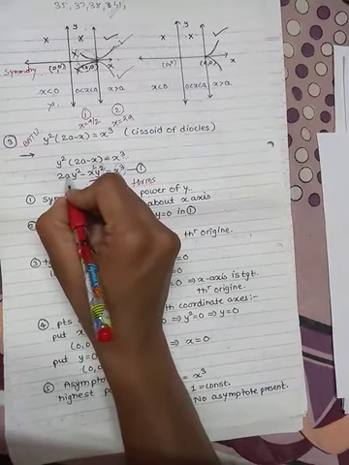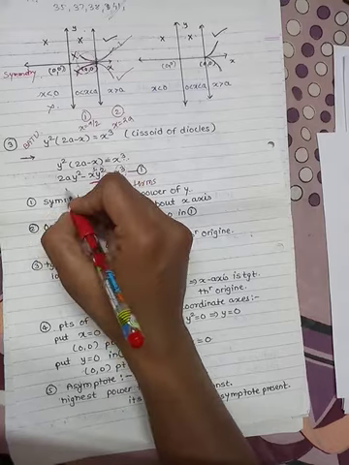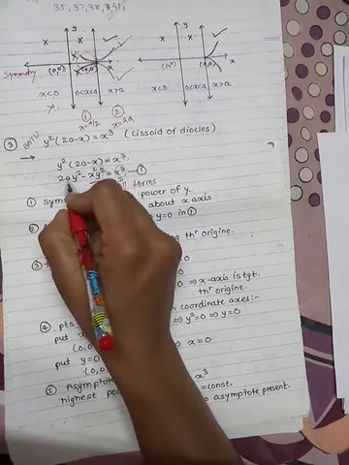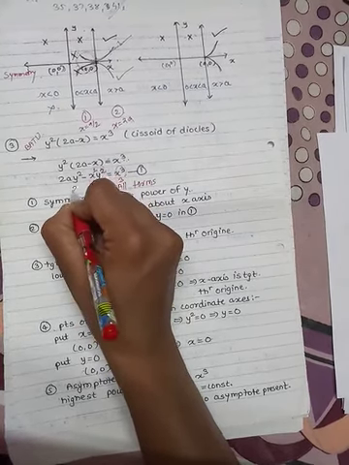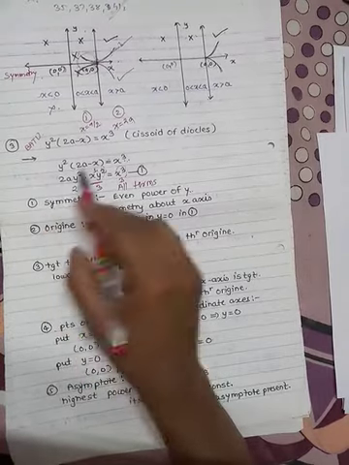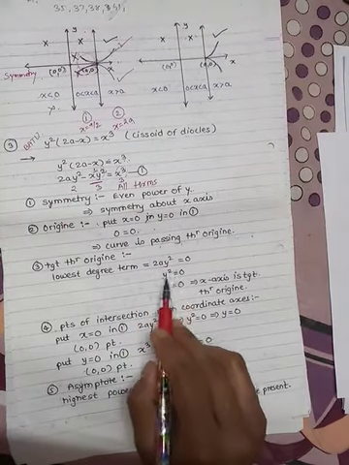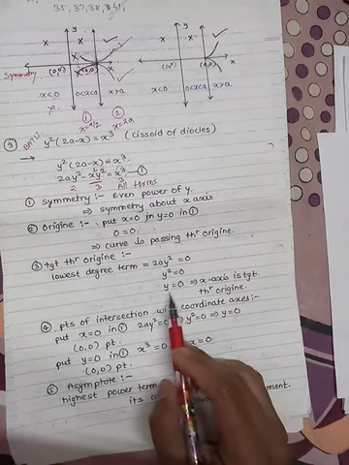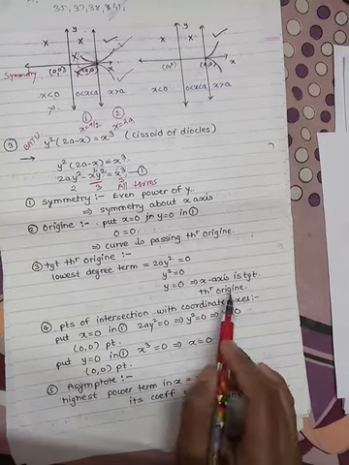So here 2a is constant. So we have to check the powers of x and y variables. We have to check the variables power, not the constant power. So here 2a, skip that constant 2a, and y this term power is 2. So the lowest power term is 2a y square. Take that lowest power term 2a y square equal to 0. Simplify, y square equal to 0 upon 2a, that is 0. Take the square root on both sides, y equal to 0, and y equal to 0 is the equation of x axis. So here we get x axis as the tangent through origin.